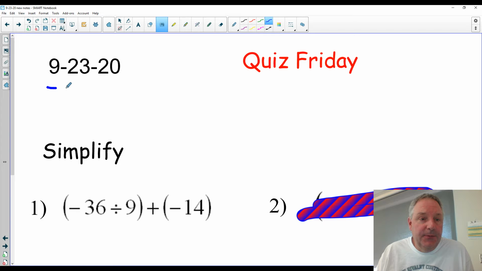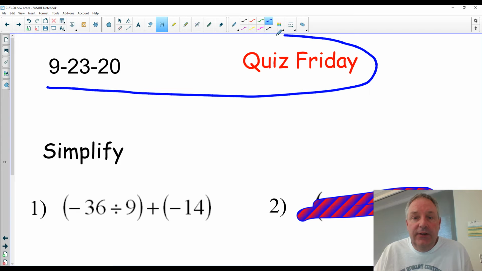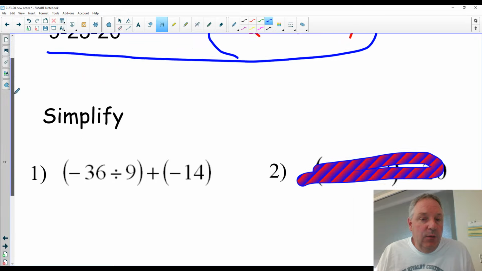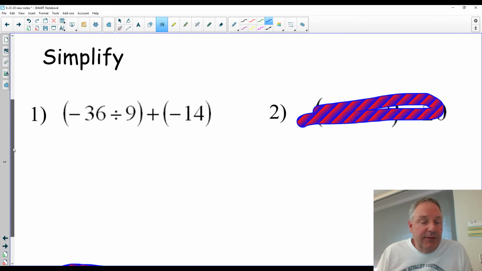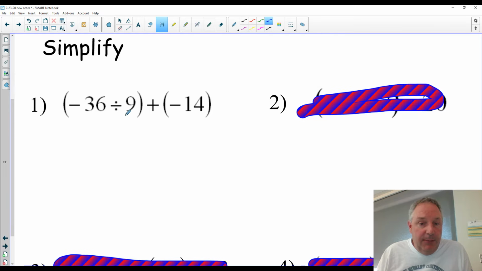Just a quick reminder, we have a quiz on Friday. The last few days, we've done one operation at a time. We did addition with integers. Integers means it could include negatives. Then we did subtraction, then multiplication, then division. Today we're going to put them all together. Obviously, it's not realistic to have just one operation at a time. So we still have to follow PEMDAS,